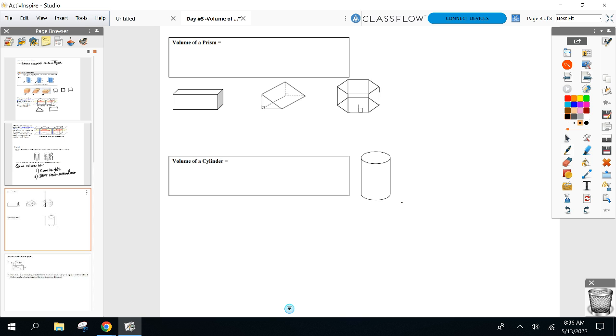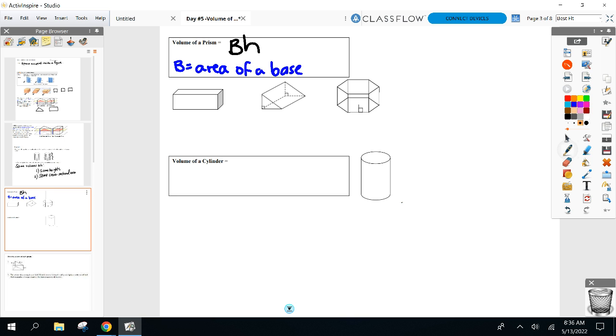And you guys see general prism volume is BH. Now, real quickly, the capital B stands for area of a base. Now, you guys know prisms have how many bases? Prisms, how many bases? 2, but I'm only taking the area of one of them here. I don't multiply it by 2. So area of a base,